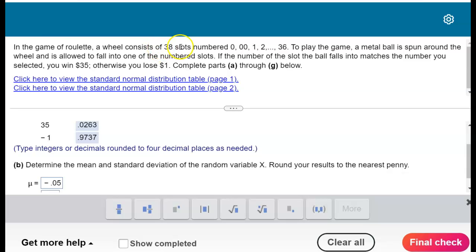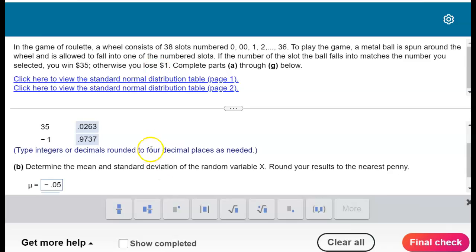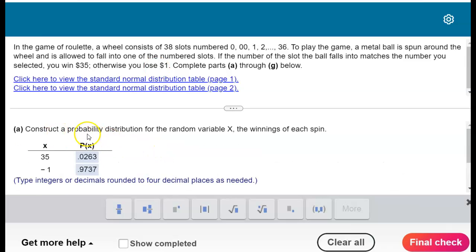you spin a metal ball around the roulette wheel, and it falls into one of the slots. And if it matches the number you chose, you win $35. Otherwise, you lose $1. The first thing that you're asked to do is to construct a probability distribution of the